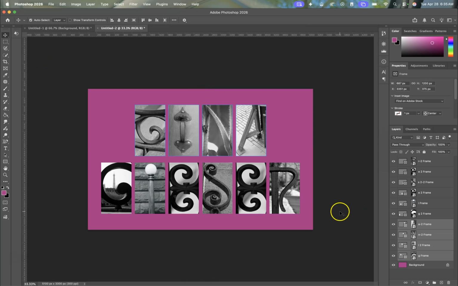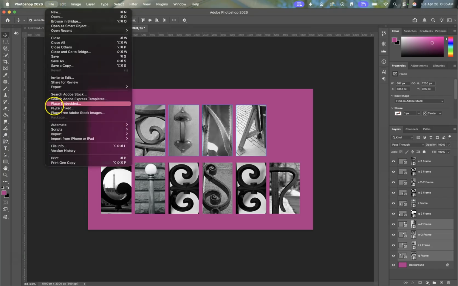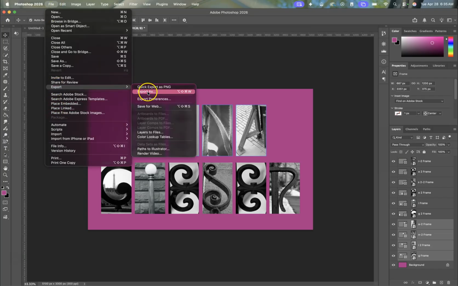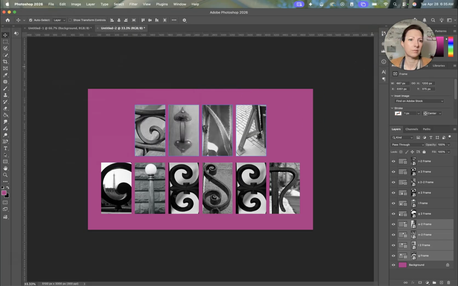You can play around with your background, and then once you are done, you're going to do File, Export as JPEG, and then don't forget to turn in your work,